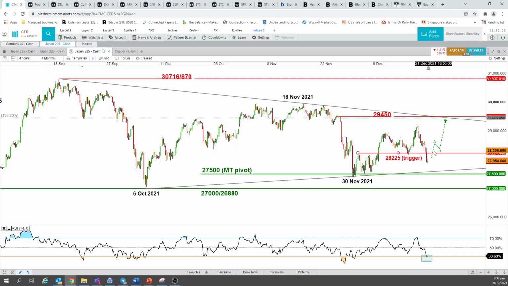But right now, I added an upside trigger level. That means the price action now has to reintegrate above this bearish breakdown that was seen in today's Asia session. Price action has to go back above this level, 28,225, to give me more confidence for a bounce to retest the upper limit of this symmetrical triangle, now acting as a resistance at 29,450. If you have a 4-hour close below this level, then we could see a retest of that major range resistance that I highlighted on the daily chart, which is at 26,880 level.